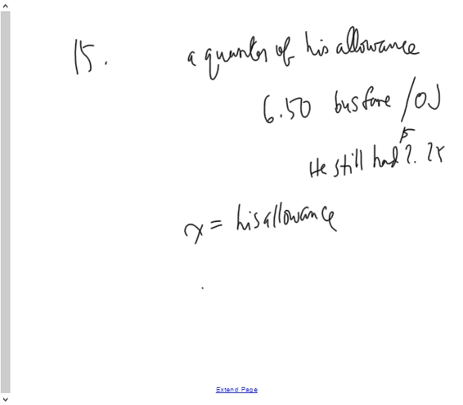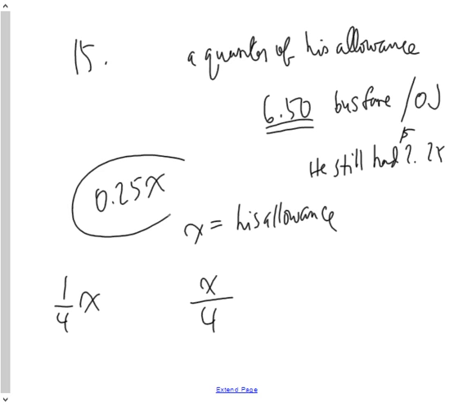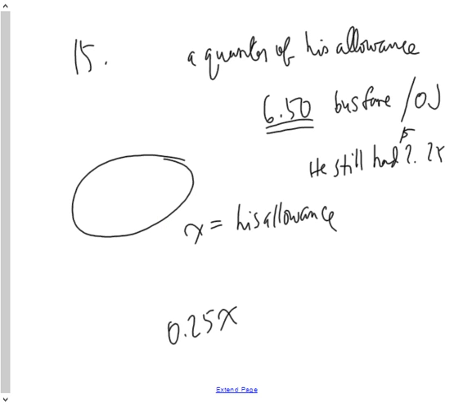So if he had a quarter of his allowance, there are three ways you can write it. You can write it that way, you can write it that way, or you can write it that way. All three ways are correct. Since we do have decimals here, probably the best way to write it would be this way, because we're maintaining continuity of all of our terms, and we're going to keep them all decimal. So given that all three are correct, I am going to keep this one as my first term, a quarter